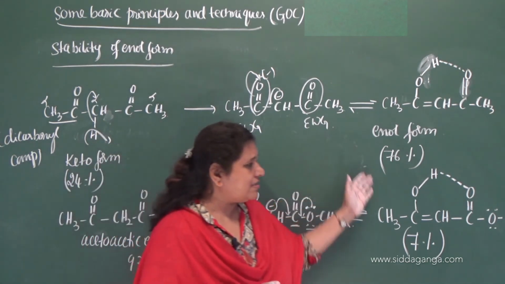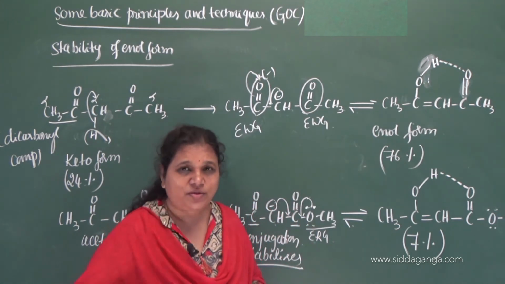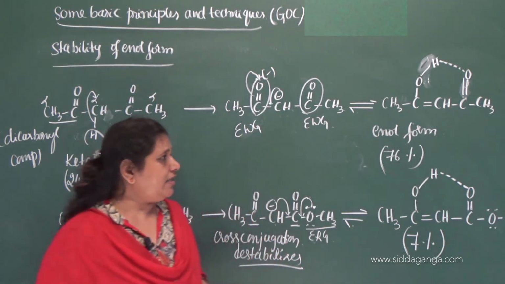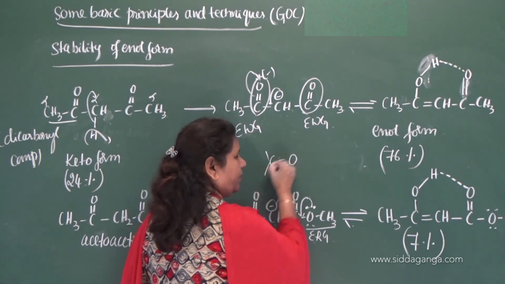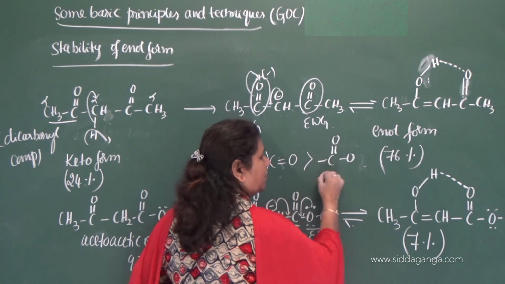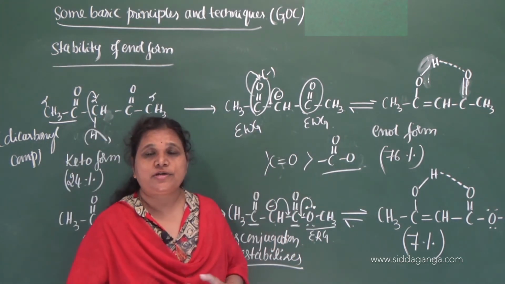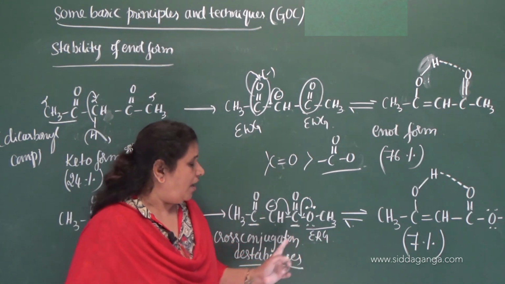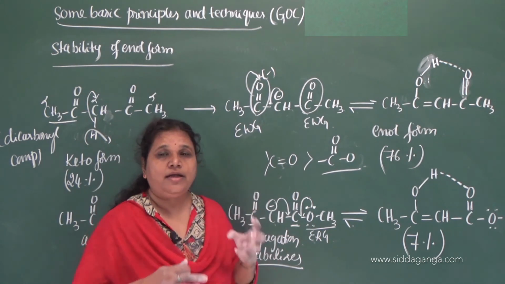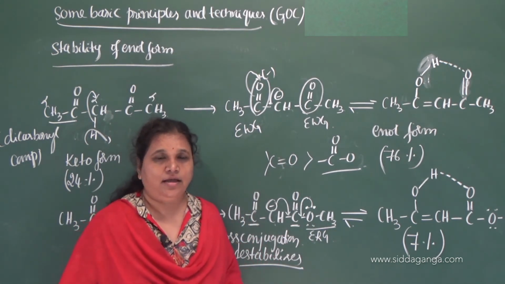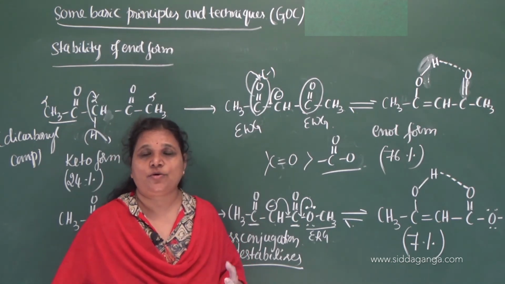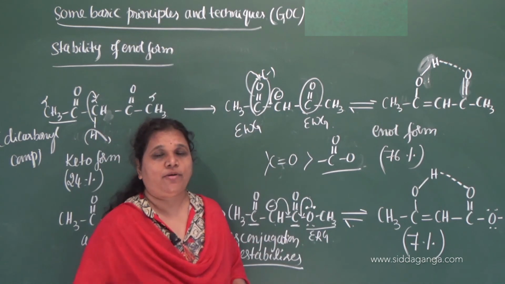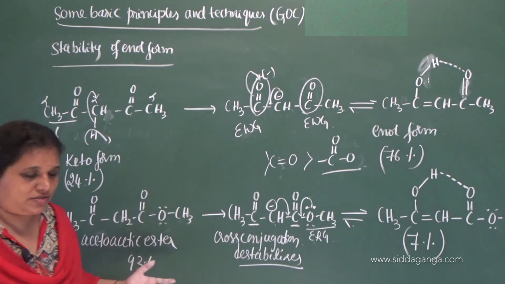The reason for the difference: even though there is intramolecular hydrogen bonding in both, the enol form decreases in acetoacetic ester. What is the reason? The reason is that the ketone group is more electron withdrawing compared to the ester group. The ketone functional group is more electron withdrawing than the ester functional group. So since there is one ketone and one ester group here, cross conjugation happens there, and the electron withdrawing capacity of the ester decreases. The electron withdrawing capacity of the ester functional group is less compared to that of the ketone functional group, and that is why the percentage of enol form is less in the case of acetoacetic ester.